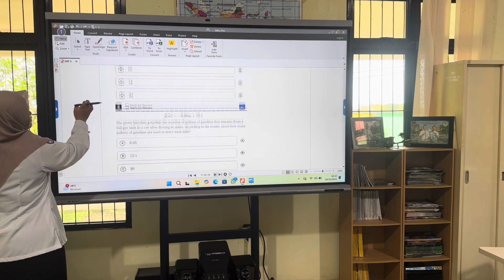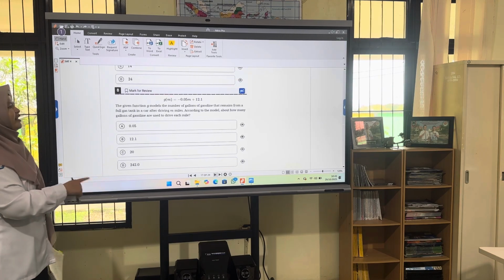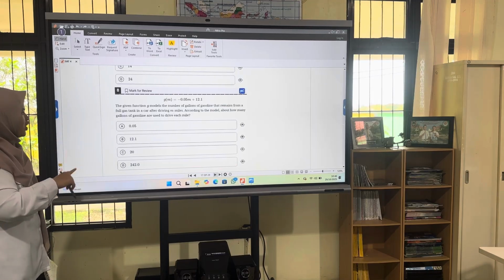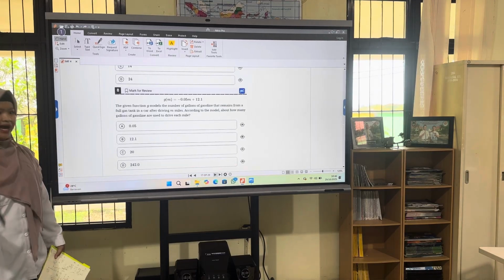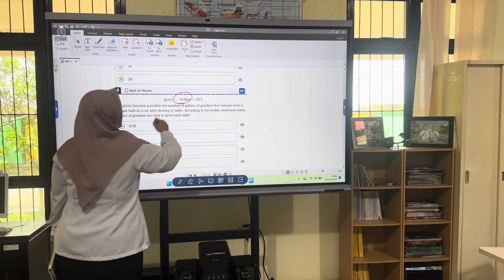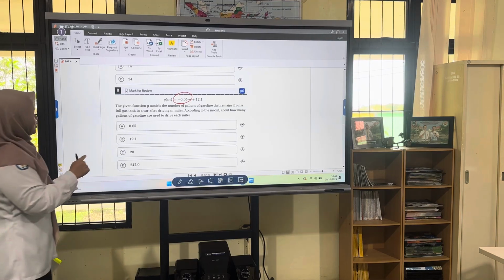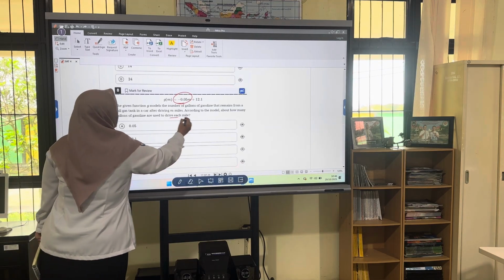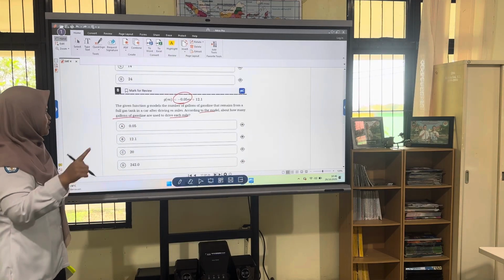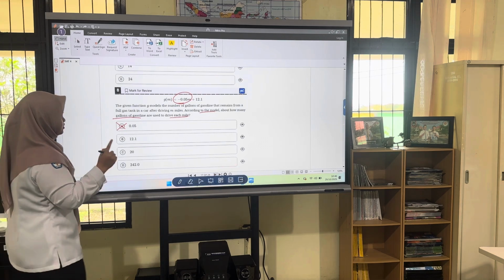For the next number, they say the given function and so on. Now they say what remains from a full gas tank in the car after driving 8 miles. So you can note that it will be changing how many gallons you fill your gas. So they say according to the model, how many gallons of gasoline are used to drive each mile? It's very clear, the answer is 0.05.